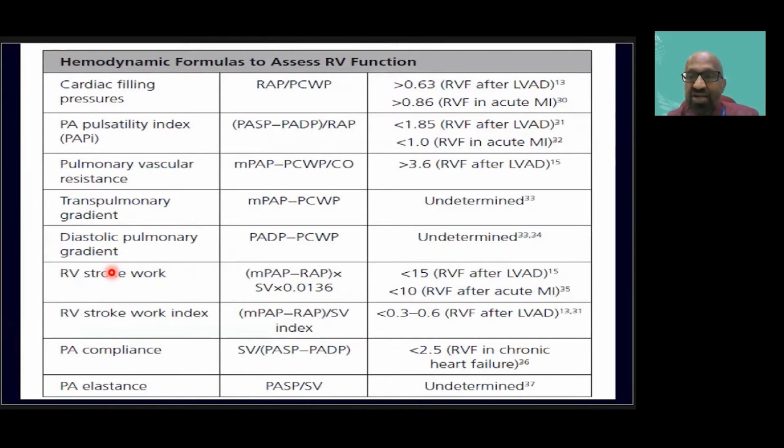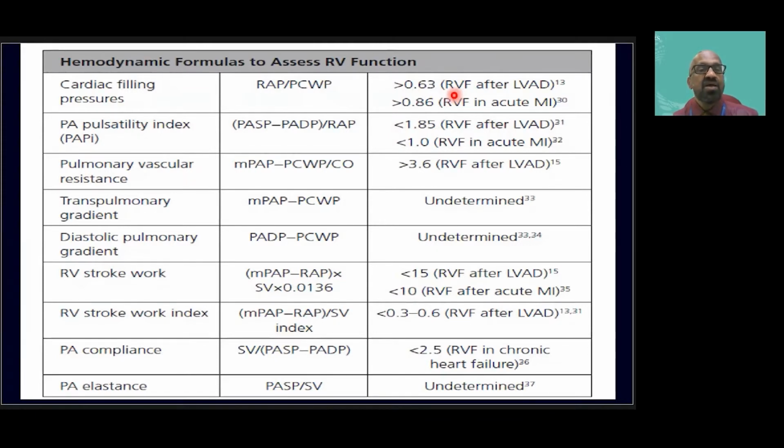The diagnosis of right ventricular failure remains a major clinical challenge. We need to use physical examination, echocardiographic and invasive hemodynamic measurements to be able to diagnose right heart failure. Of interest, I would like to mention the relationship between the right atrial pressure and the pulmonary capillary wedge pressure. If this ratio is greater than 0.63, it is a herald predictive of right ventricular failure after left ventricular assist